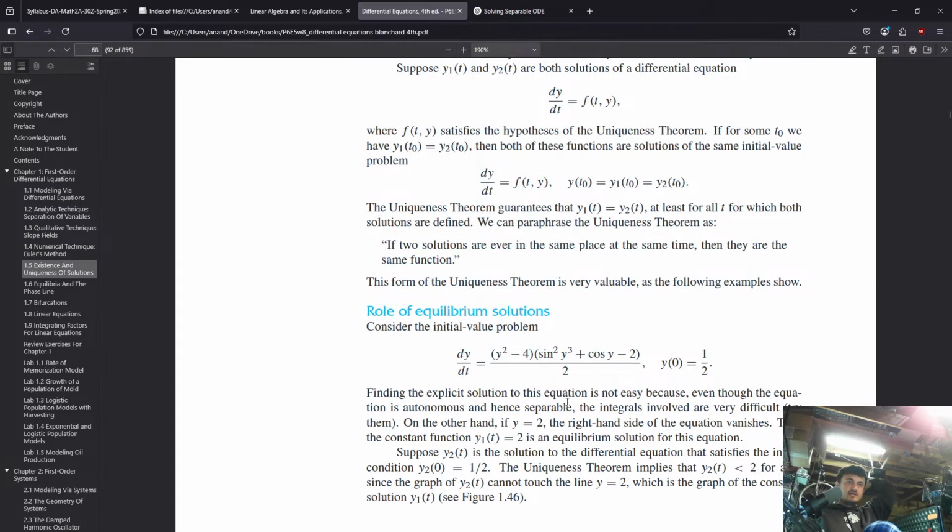Bro, I'm not integrating that. That's crazy. On the other hand, if y is equal to 2,